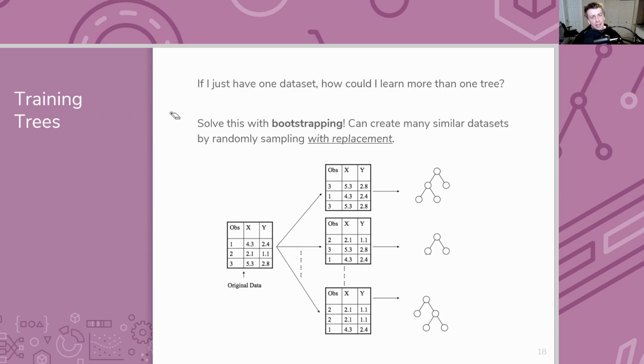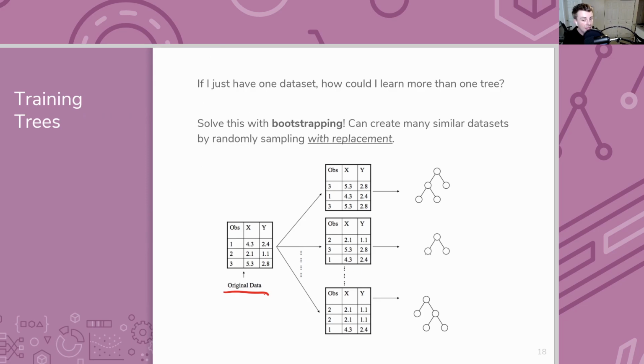And specifically, we'll use this technique called bootstrapping. We're going to bootstrap our data set. The idea is to create many similar datasets that aren't exactly the same, but very similar, by random sampling with replacement. What I mean by that is suppose our original dataset had 3 rows.